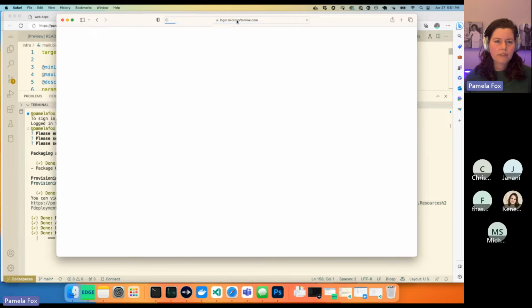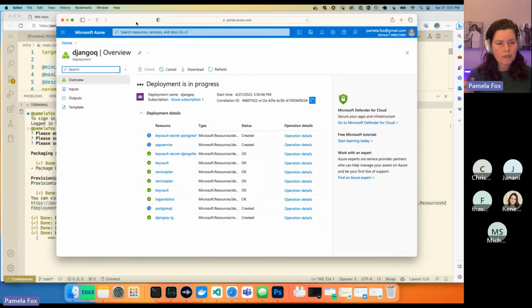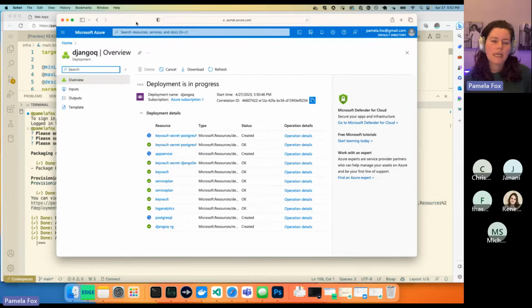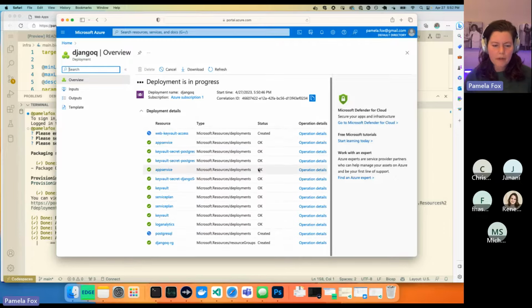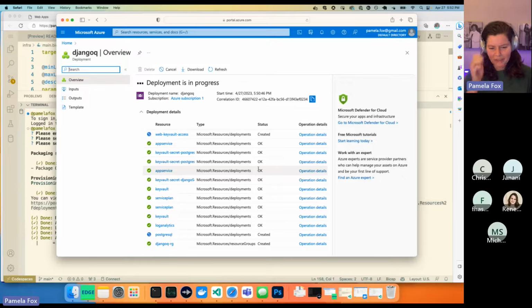Yeah, there are like five different ways you could deploy. You could use the portal. You could use the Azure CLI, which is different from this CLI. This is the AZD CLI. You could use the VS Code extension. Some people love the VS Code extension. For me, if you're just deploying to one resource, then I think the VS Code extension is pretty good. But with the amount of resources I'm creating, I like to use Bicep. But I'm also the Bicep fangirl in my group, so it might just be me.